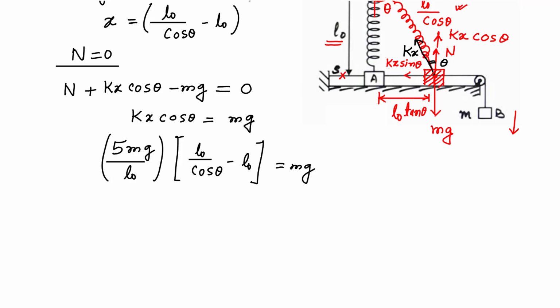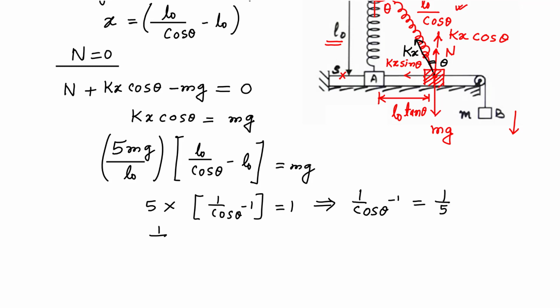So mg gets cancelled out and L naught also gets cancelled out. So from here we can write 1 by cos theta minus 1 is equal to 1 by 5,